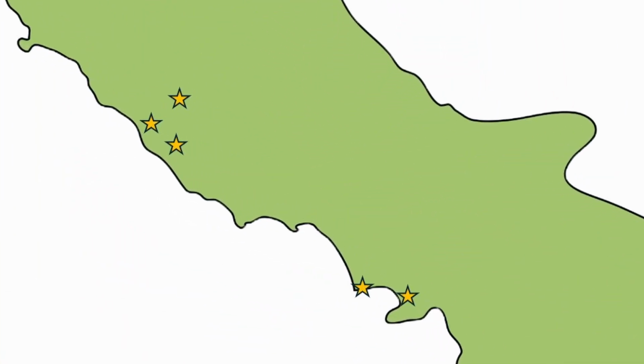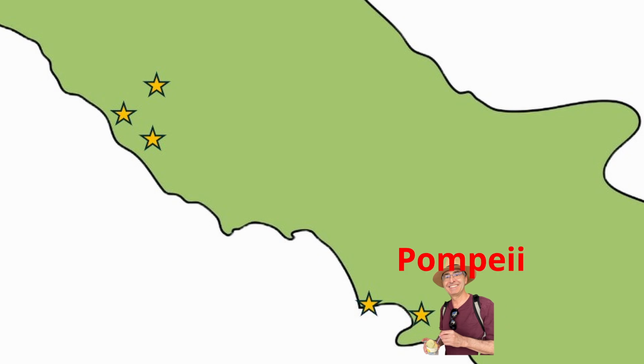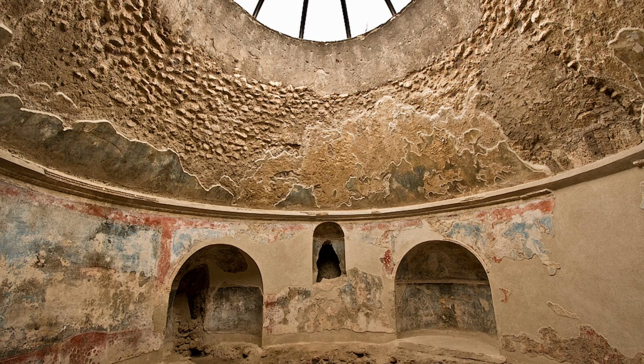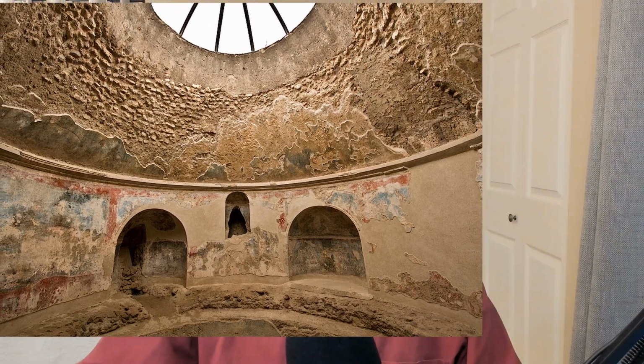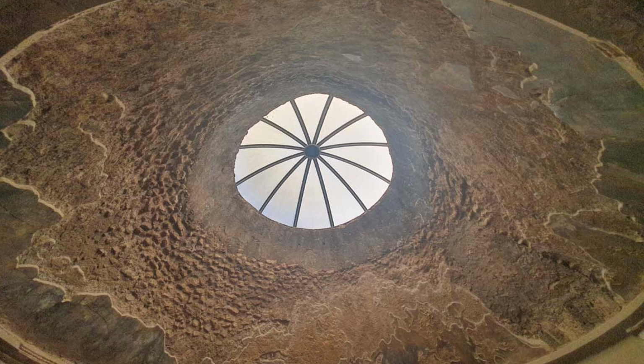I'll go in chronological order and stick relatively close to Rome. First, the oldest of these domed rooms with oculi is the Frigidarium in Pompeii. That's the cold room in the bathhouse. I don't know why, but for some reason, the most important innovations in Roman architecture always start in a bathhouse. This one was built in the 1st century BC. The dome is 21 feet in diameter, and you can't take a bath there, but you can see it if